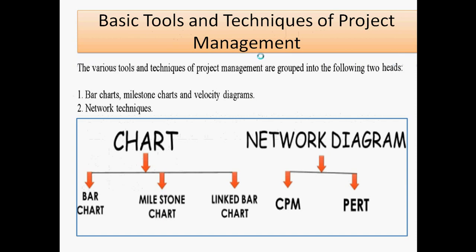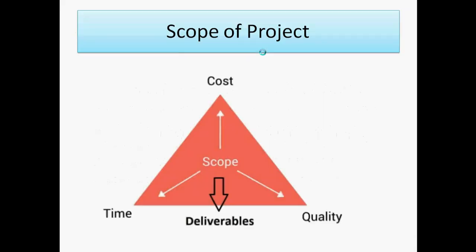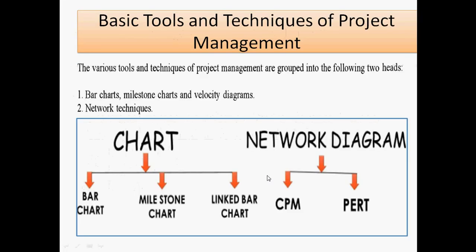Now we go for the tools and techniques of project management. Why do we go for tools and techniques? Because we are maintaining cost, time, and quality. While maintaining the cost, time, and quality, we require project management, and that's why project management is done by different techniques. What are the different techniques? The techniques are charts and network diagrams. What is the importance of a chart? We observe in a two-dimensional format, and then we can assess what type of forecasting and what type of demand there will be. That type of assessment we can do by the charts.